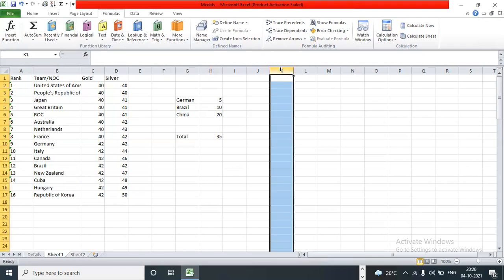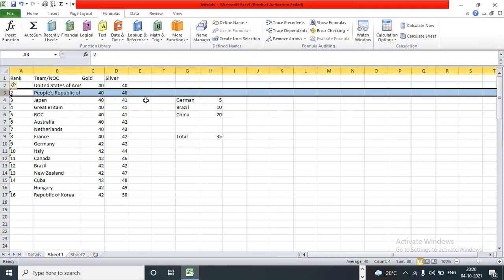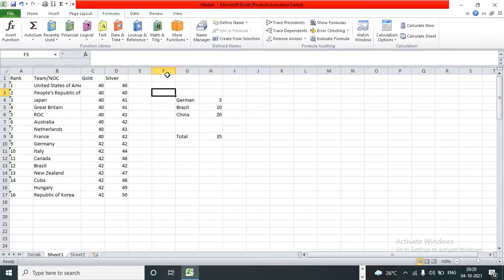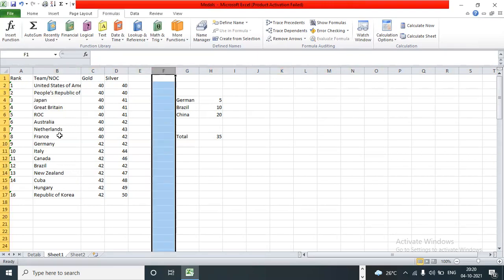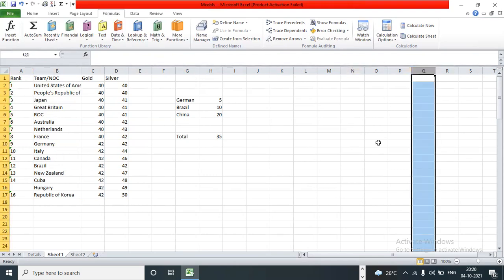K is a column, and we are at row 3. Third row. So if I click somewhere over here, F3, we are in column F and row 3. If I click here, G14. If I click somewhere over here, column Q, and we are in row 16.